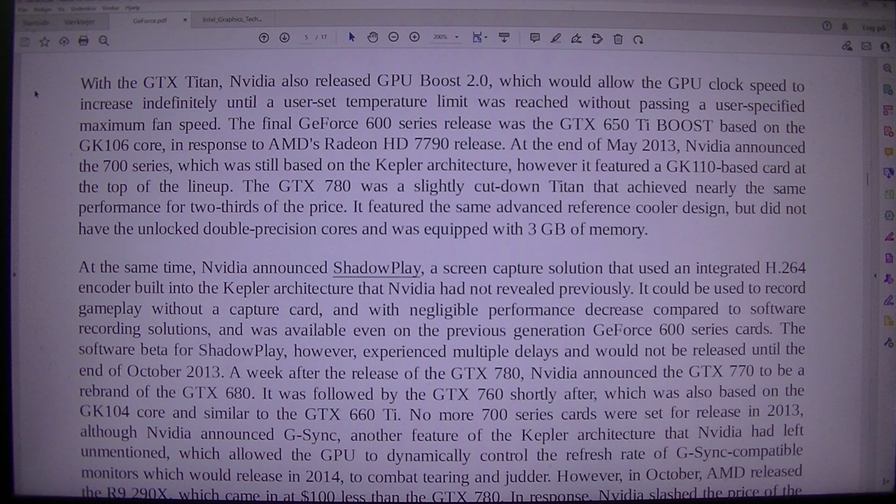reached without passing a user-specified maximum fan speed. The final GeForce 600 series release was the GTX 650Ti Boost based on the GK106 core, in response to AMD's Radeon HD 7790 release. At the end of May 2013, Nvidia announced the 700 series, which was still based on the Kepler